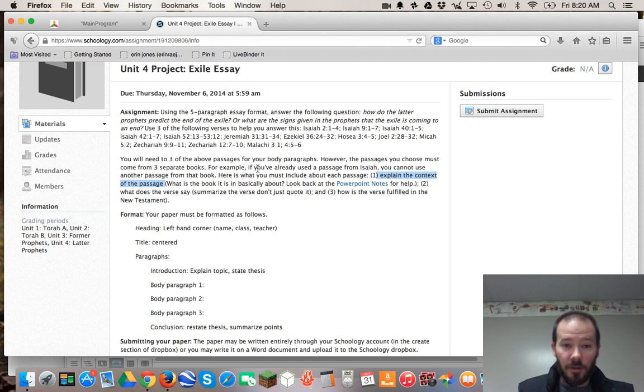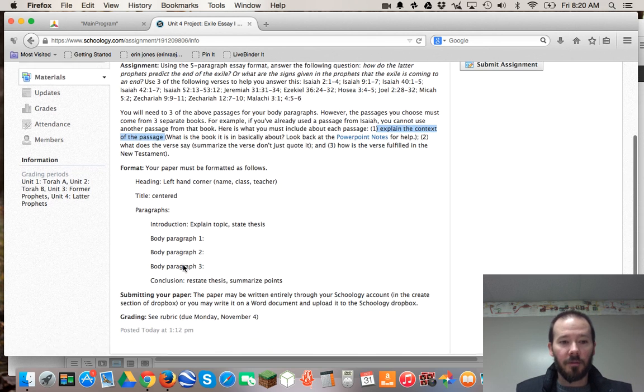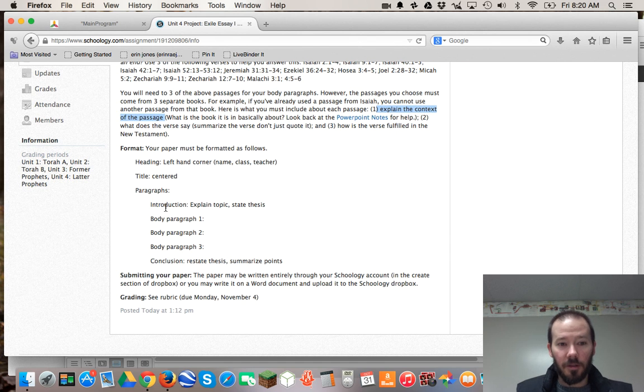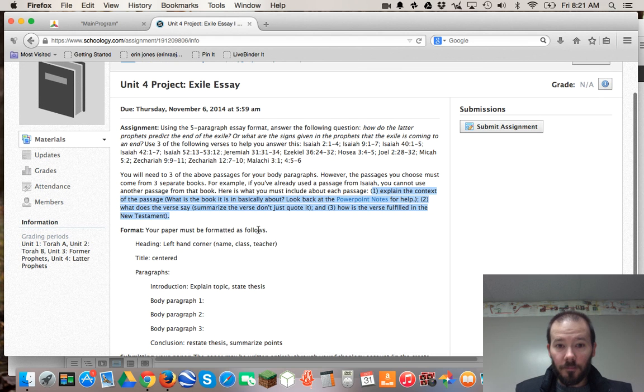You'll have to do something like that, or really exactly that, 3 separate times for each of your body paragraphs. And so, again, the format is as follows. You need an introductory paragraph, so explain what the essay is about. Give a thesis statement. If you don't know what one is, ask your English teacher. You need 3 body paragraphs explaining these 3 ideas. Each paragraph must contain all 3 of those ideas, and then a concluding paragraph, which is a summarization of your main points and a restatement of your thesis. So that is what I'm expecting from you for this assignment.